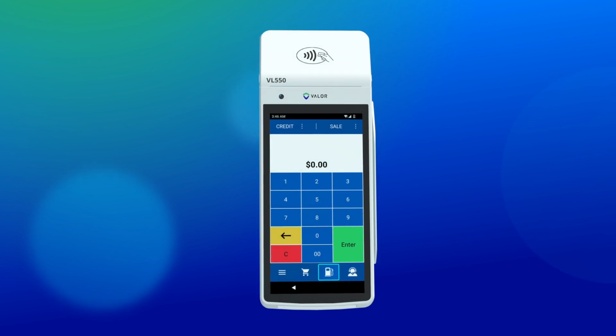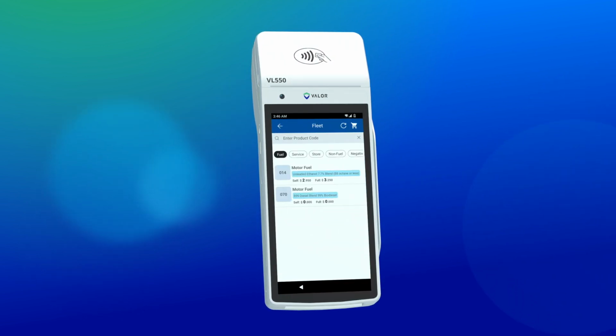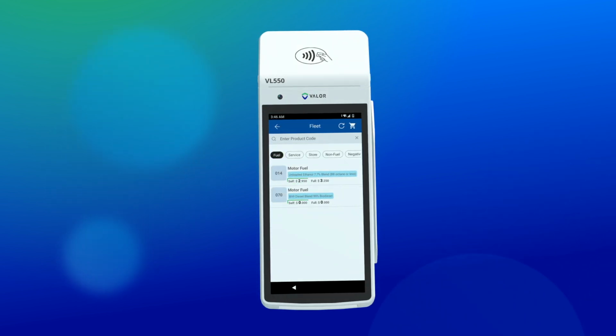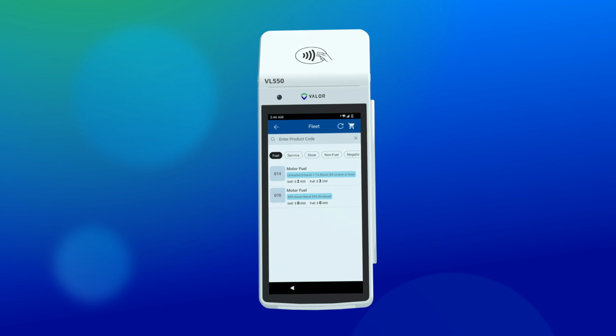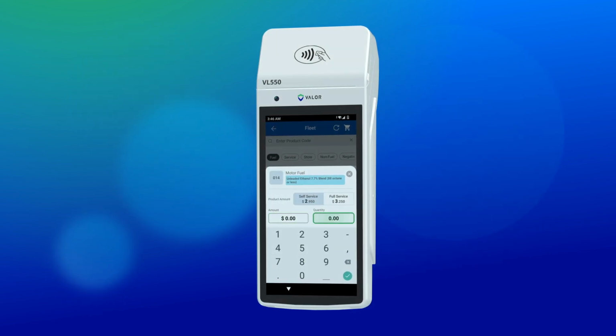You'll see a fuel pump icon at the bottom of the screen. Tap it to view the available product categories. For example, if you select fuel, you'll see both self-service and full-service pricing options. You can also enter a specific dollar amount or choose a quantity in gallons, since this is for US fuel